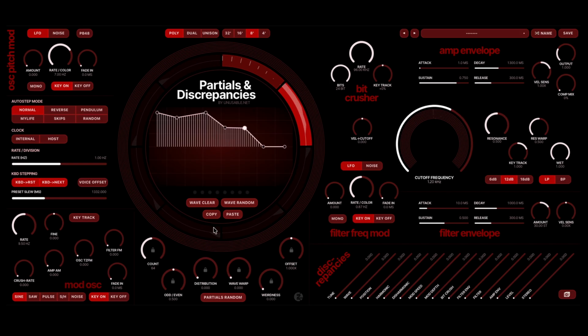So when we have keyboard reset and keyboard next, it sweeps to the next voice. And if I take voice offset, it's gonna sweep on every even voice from 1 to 2, and every odd voice from 2 to 1. So